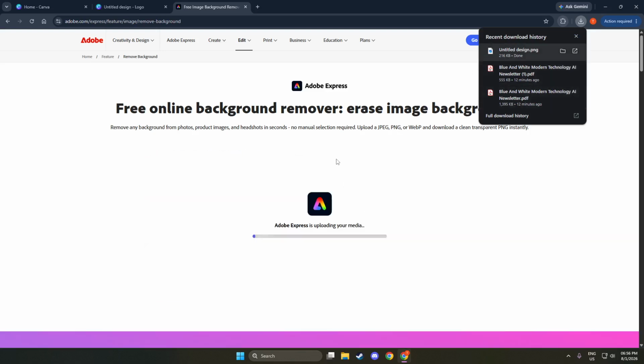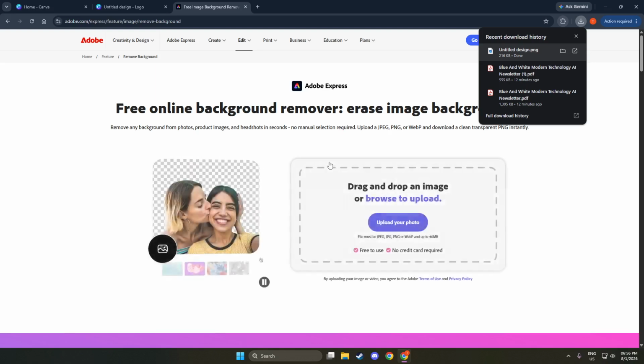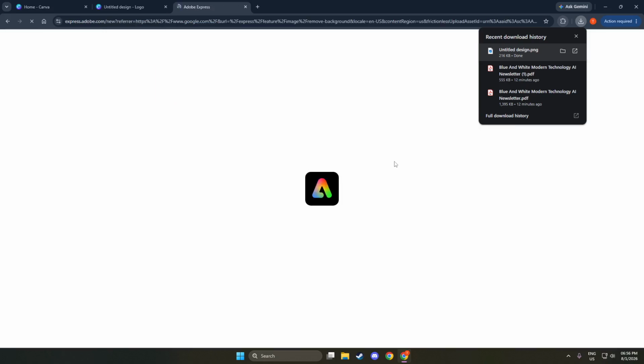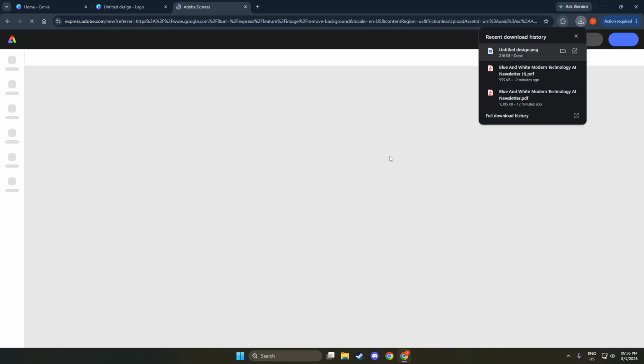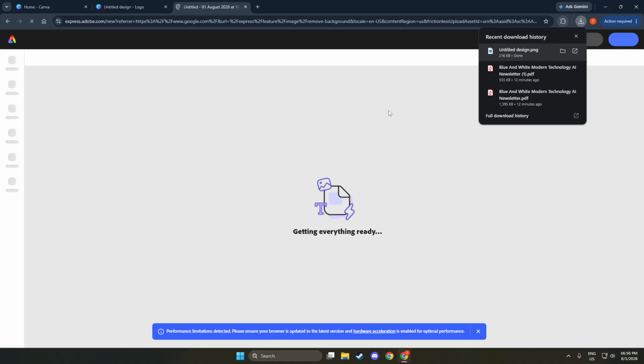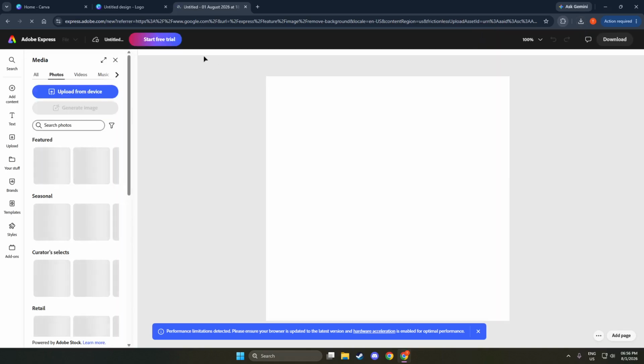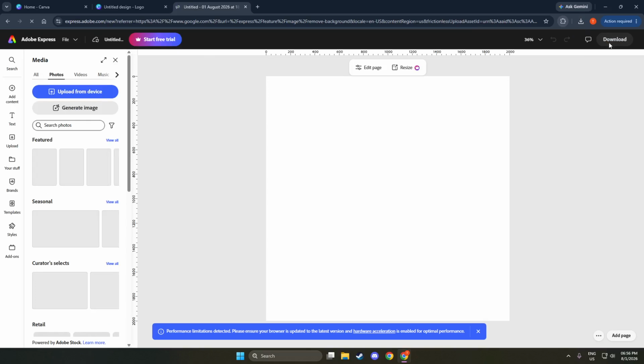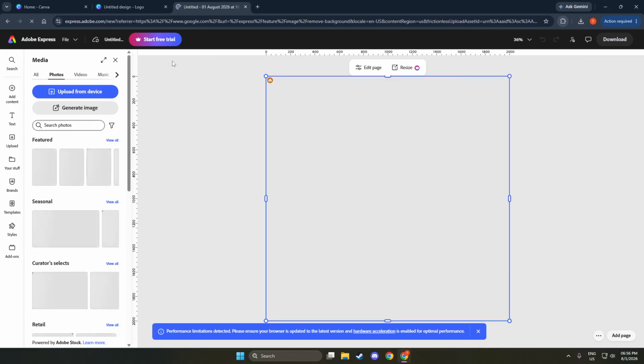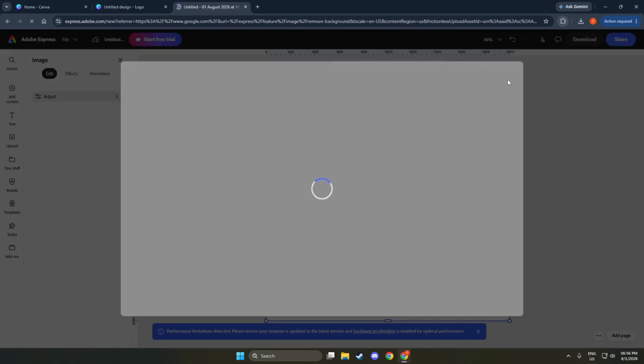After that, upload it back into Canva. Return to your Canva tab, open the design where you want this cutout, and look on the left sidebar for the Upload section. Click Uploads, then click the Upload Files button, and choose the transparent PNG you just downloaded from the background remover site. Once the upload finishes, the image thumbnail appears in your Uploads panel. Click it once to insert it onto your canvas.